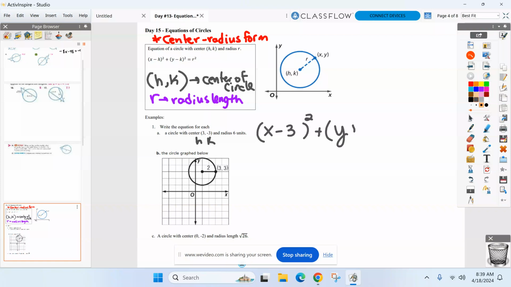Y plus 3, right? Because it's y minus your k value. My k value is negative 3. Put the two together, I get a plus. Squared